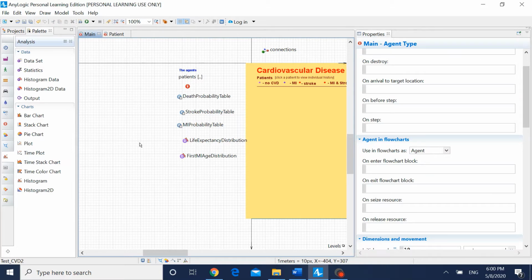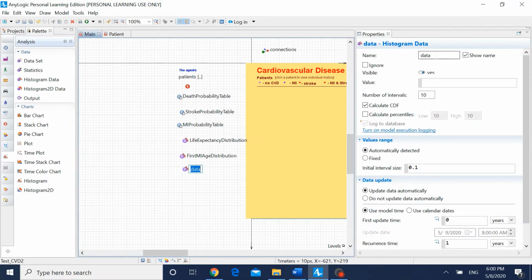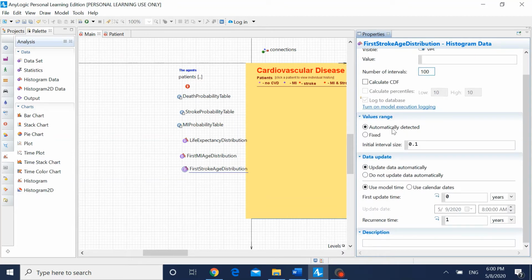Next, we will add our third histogram data. Drag this from the analysis palette and change the name. Uncheck the calculate CDF option, enter 100 for the number of intervals, and then make sure your value range is